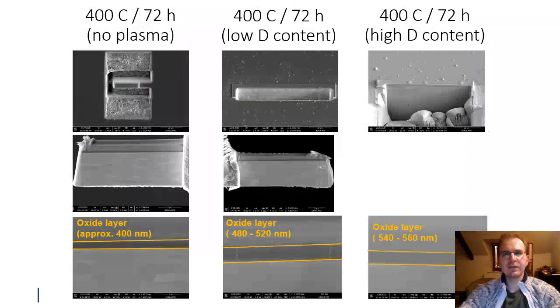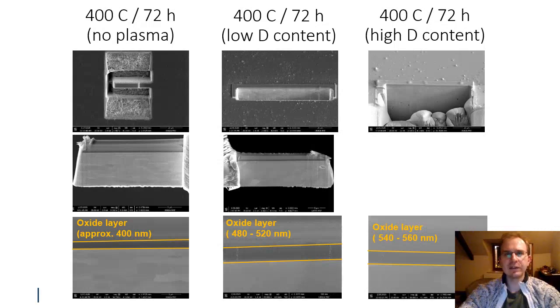My colleague Slava Kuksenko has helped me with doing some FIB liftouts of the differently oxidized samples, and on this slide you can see that for the non-plasma-exposed sample oxidized at 400 degrees Celsius for 72 hours, we have seen an oxide layer of approximately 400 nanometer thickness. So this was the sample of the Plansee tungsten origin with